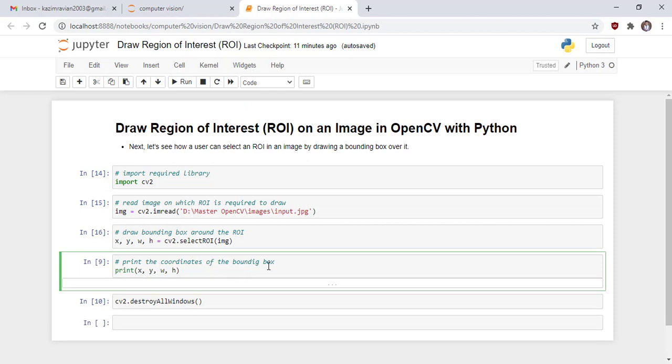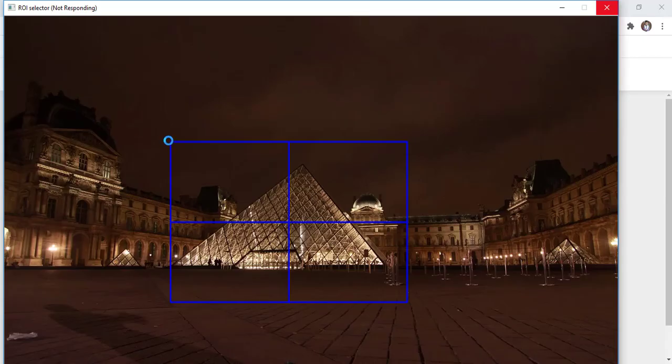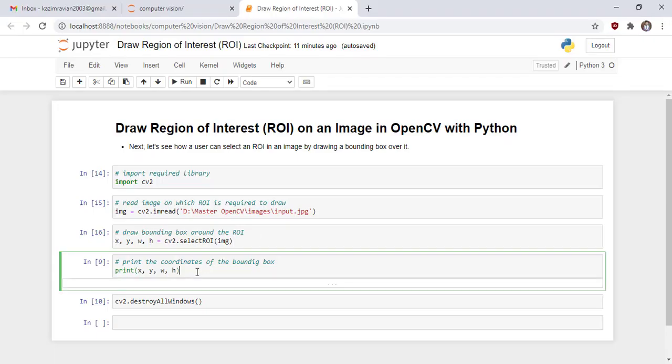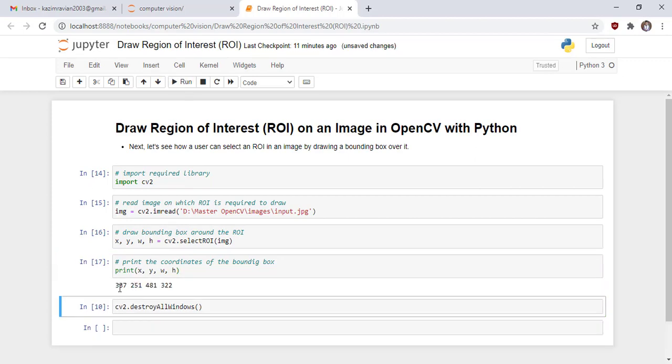Print the coordinates of the bounding box. X and Y mean the top left corner, and W means width and H means height of this bounding box. Now we print these values, run the cell. X has value 337 and Y has value 251, and the width of the rectangle is 481 and the height of the rectangle